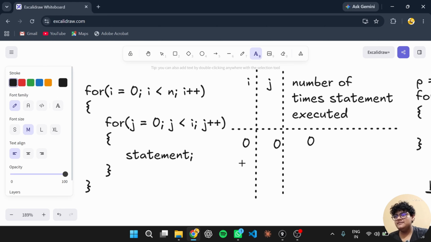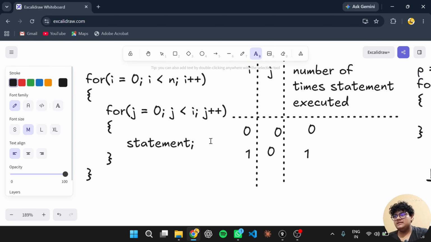Next our I will become 1, and then it will check the j condition that j is 0, and 0 is less than I, which is 1. So yes, j becomes 0, and the number of times the statement executed this time will become 1. Then j will be incremented and become 1, but this time the statement will not execute because 1 is not less than 1. Then I becomes 2,